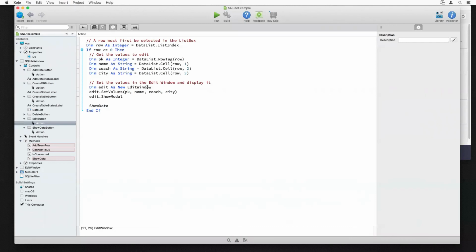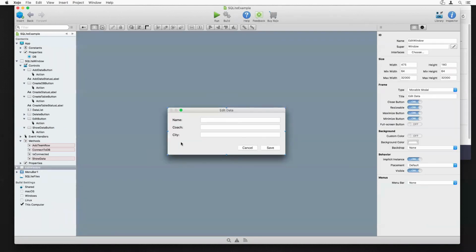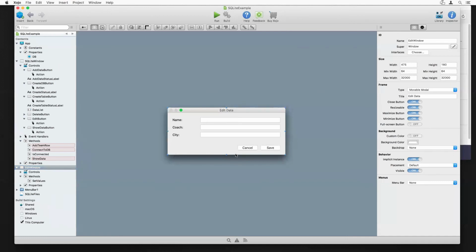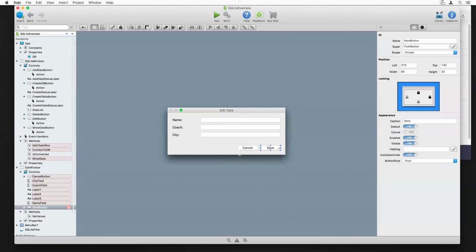And then it creates a new window, and it calls the method on the window to fill in the fields that are on the window, and then displays the window as a modal window. So if we look at the window, it's right here. You can see it has 3 fields for each of those columns. And I can expand that. You can see the method here is just setting the values for each of the fields. And then the save button